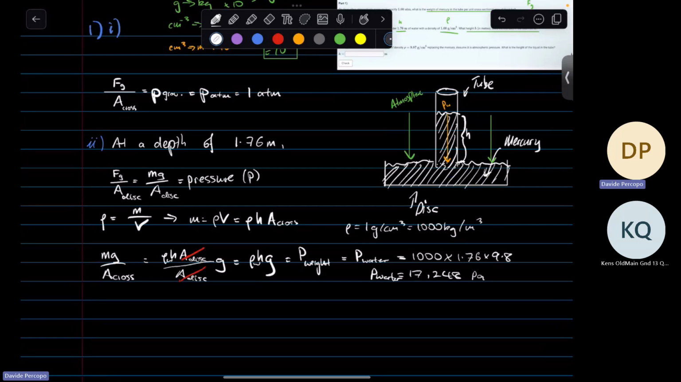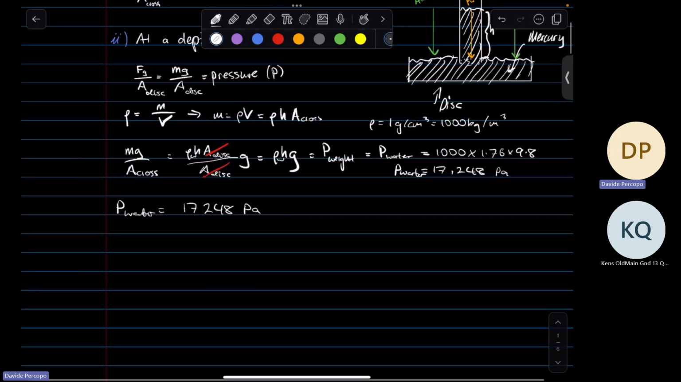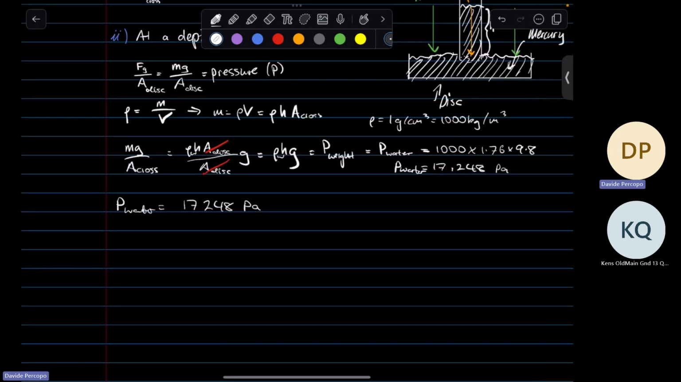Now, what do we want? We know the pressure due to the water is equal to 17,248 pascals. Cool. But this is not the total pressure on the system, because the system is underwater. Not only does it have the water acting on it, but also the atmosphere. So it's going to be slightly higher. In actual fact, it just adds up. So P total is P due to the atmosphere plus P of the water,